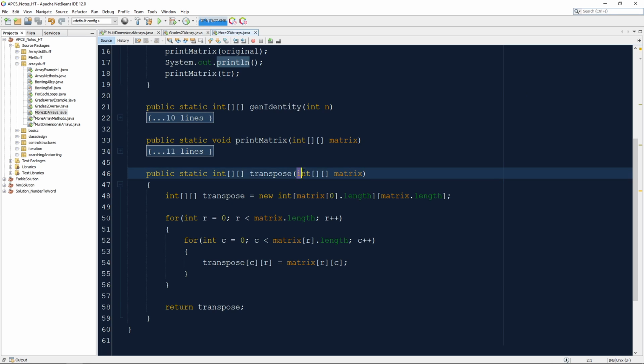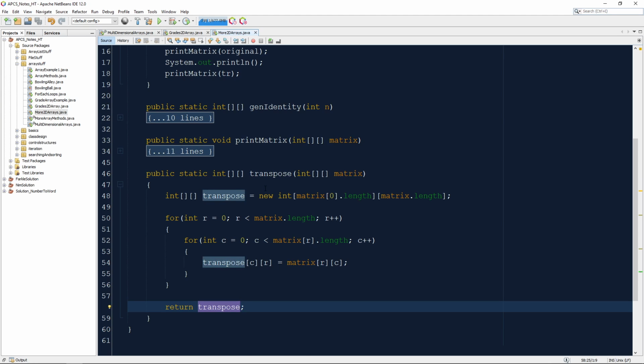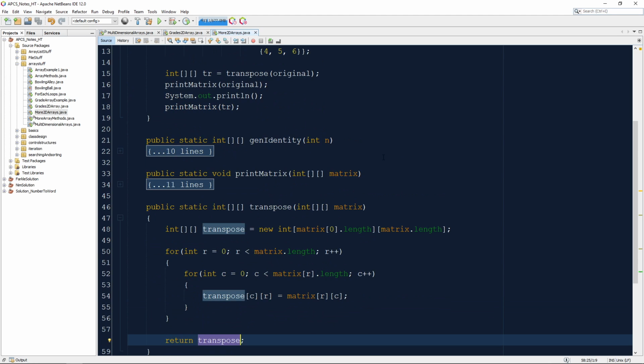but the idea that 2D arrays can be inputs just like any other object. And they can be return types just like any other object. Arrays are objects, and they can be generated dynamically as local variables and returned so that someone can manipulate those values in our main. Right? They can be passed in, and they can be printed, they can be stored, values can be created. There's kind of no